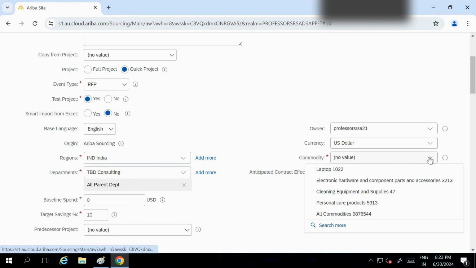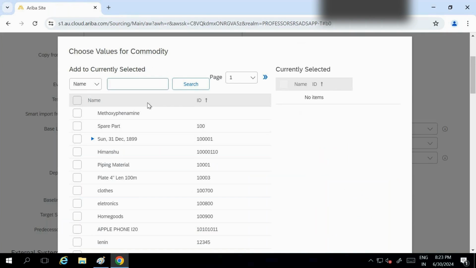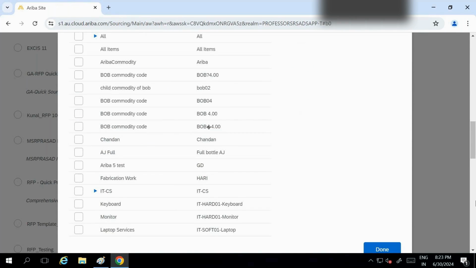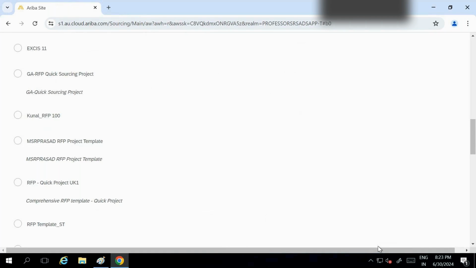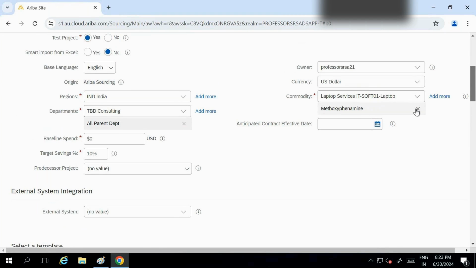This is an important one. If you go and check this commodity, this is the UNSPSC, this is the Ariba one. Now if you want to use your own custom commodity, you can also modify this commodity. We are going to discuss how to use this commodity code, how we can modify it according to our client requirement, or as per our organization. Is it clear? All these points are clear to you?